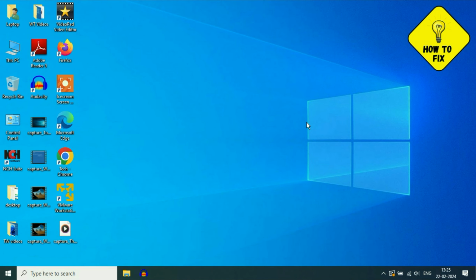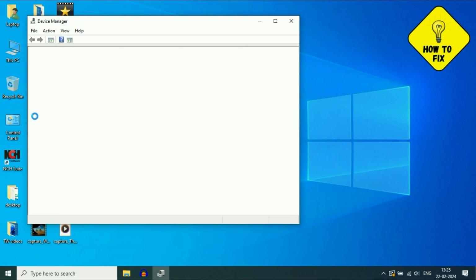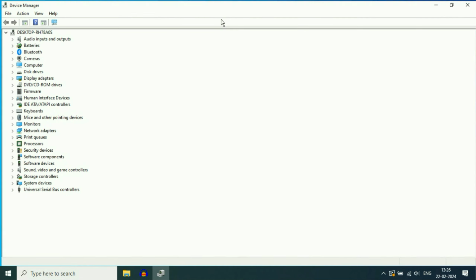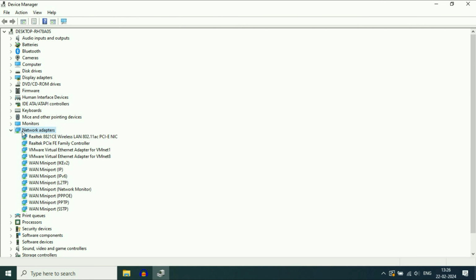Now move on to our final step. Open the device manager in your laptop. So for that you have to right click on your Windows icon, then click on device manager. Now here you have to find your Wi-Fi driver. So click on this option, network adapters, expand this option, and here you can see this is my Wi-Fi driver,